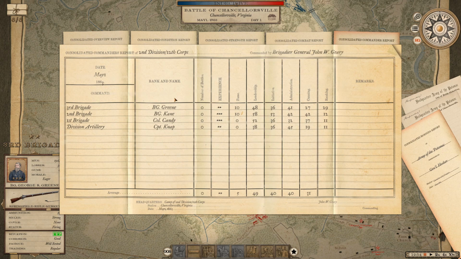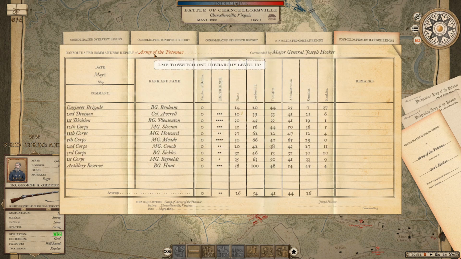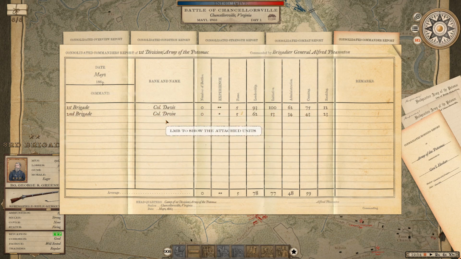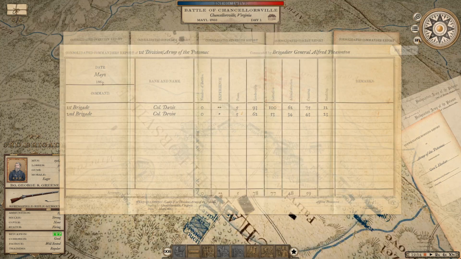This is where you can see who your commanders are of each of your units, what their experience is, what their fame is, what their leadership, initiative, administration, cunning, ranking. And I believe this is the ranking as far as where they rank in all of your units. You've got, here's Pleasanton 1. You've got Sickles ranked 20th. The engineer is 37th. And then I can go within them and you can see. So that's kind of a cool feature. You can kind of get an idea of who your best units are